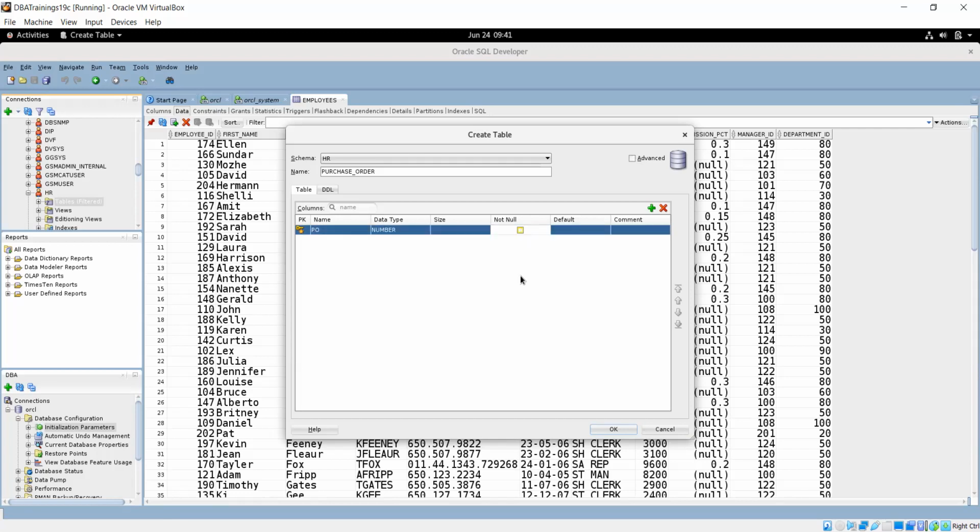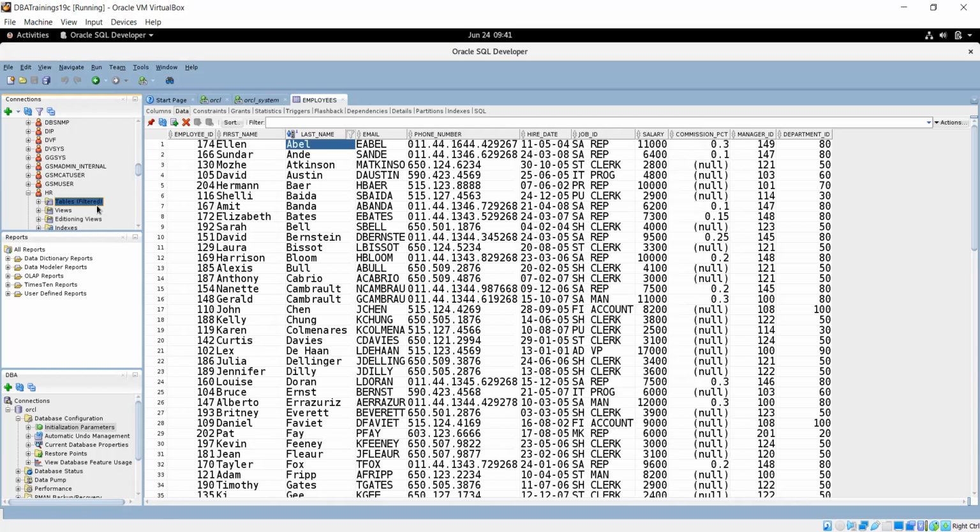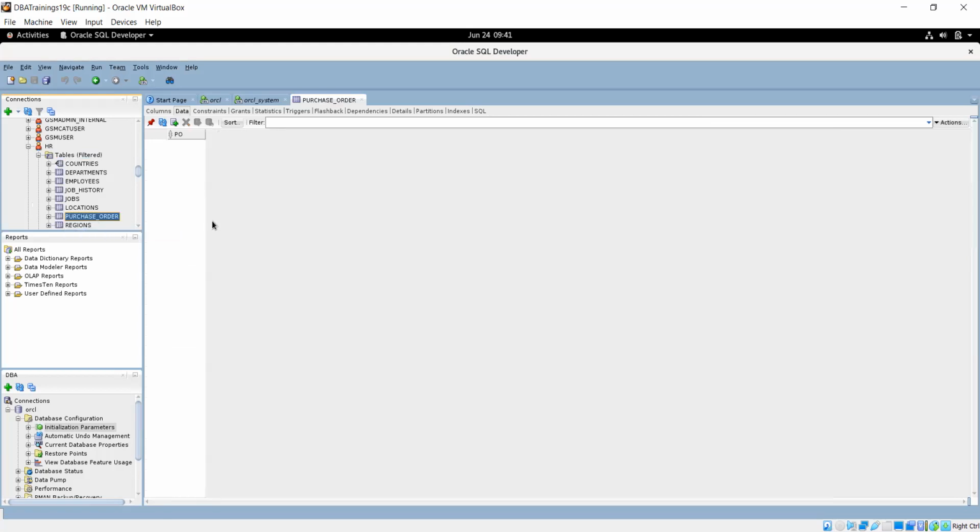No, I don't want to allow null, because the PO always has some value. If you want to allow null, then you can do it. Then you can click OK. You can see the table has been created. In a similar way, you can create others like purchase order. This was my table, and here you can see you have only one column. Here you can also scroll and see. So this is the SQL Developer you can use.